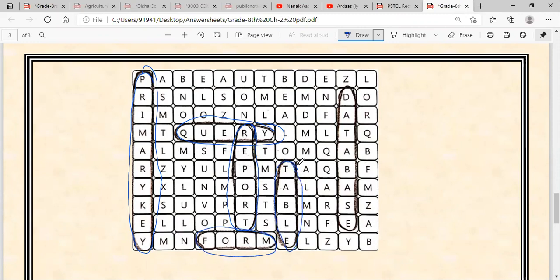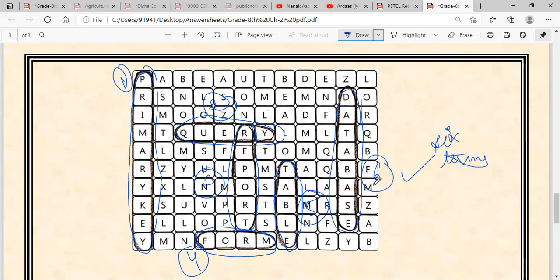We can make a table under DBMS. This is database. Data is a collection of data. First is primary key, second query, third is report, fourth is form, fifth is table, and sixth is database. Now six terms are completed.